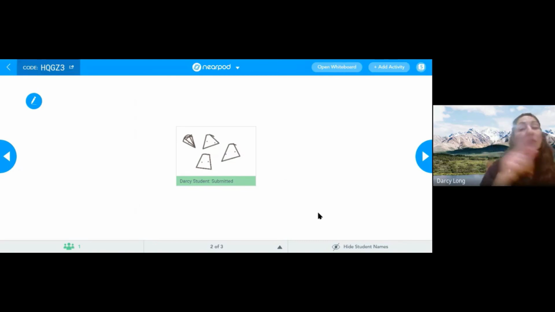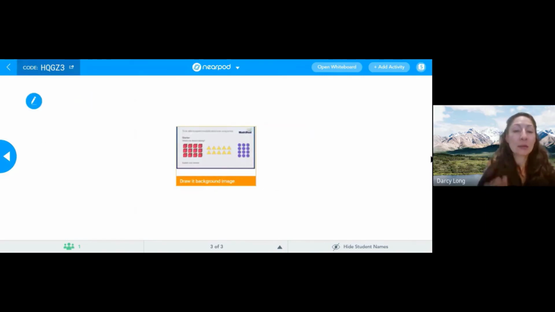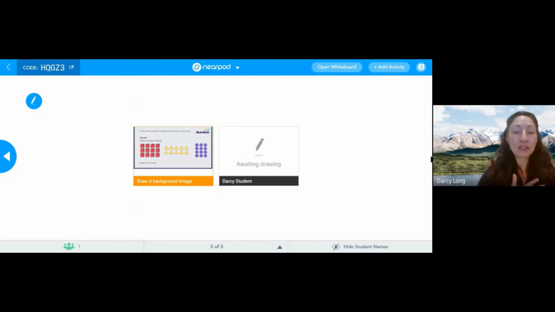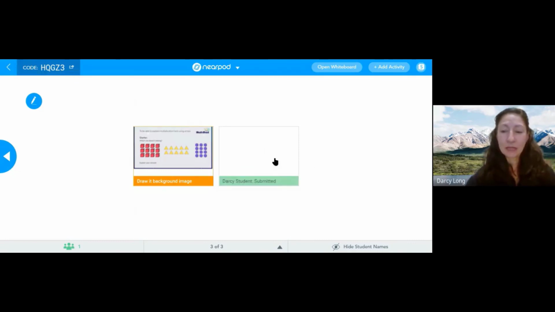Now, to move to the next slide that had my background template, I need to click the arrow. So I'm going to click that arrow, and here was that activity where I gave them a background image. As soon as I change it, then the student screen changes. So now Darcy student is going to select the one that doesn't belong and submit that. Should be coming up. There we go. Darcy student